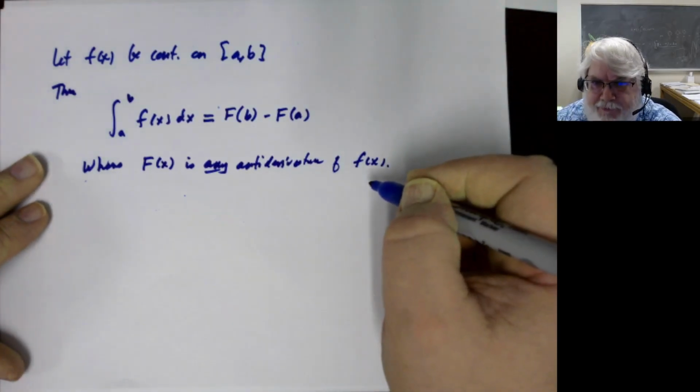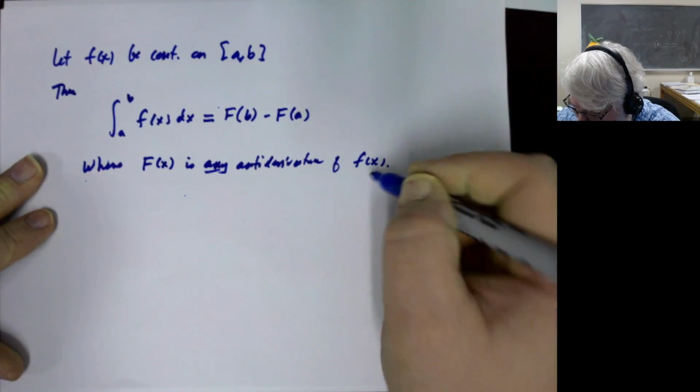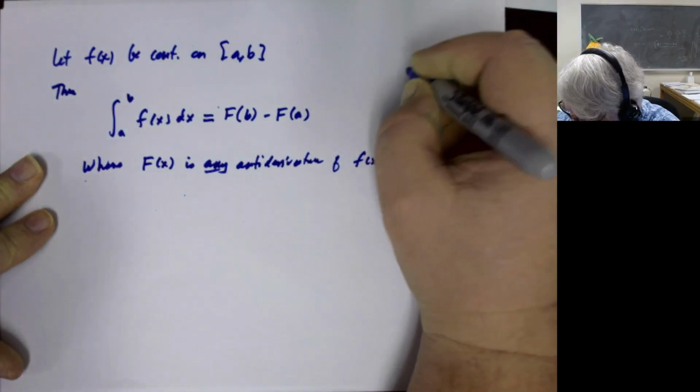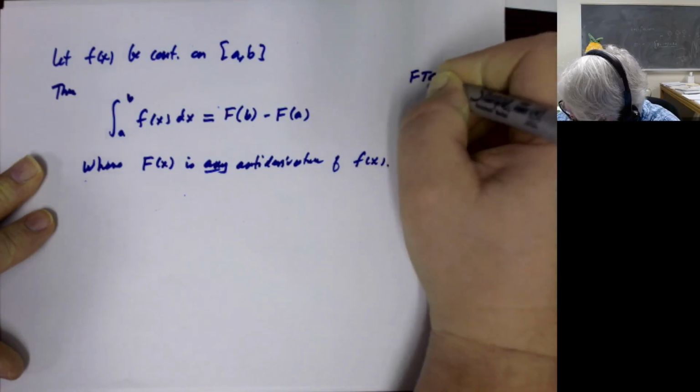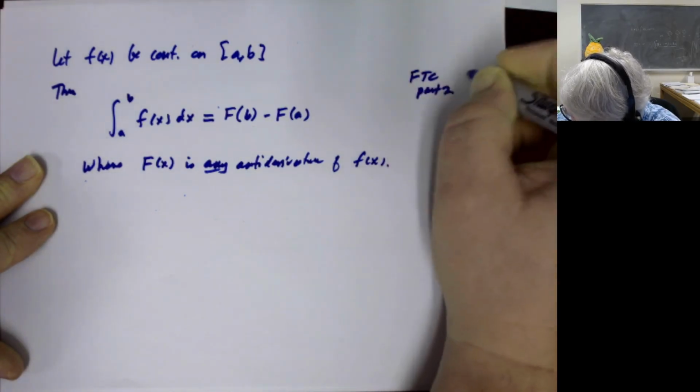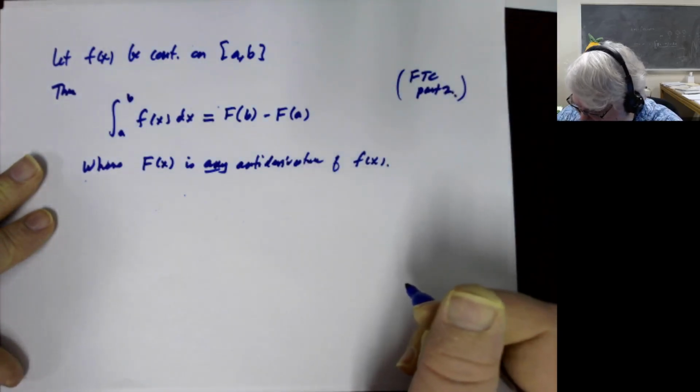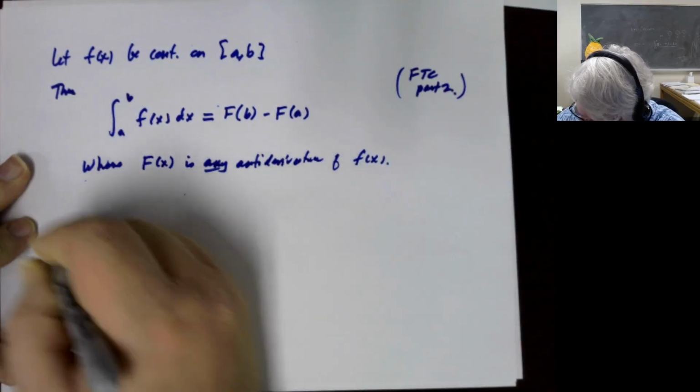This is actually called the fundamental theorem of calculus part 2, but if you see other books, you might see this as FTC part 2. We'll look at part 1 in just a bit. This is like the computational part of the fundamental theorem. And so just as an example,